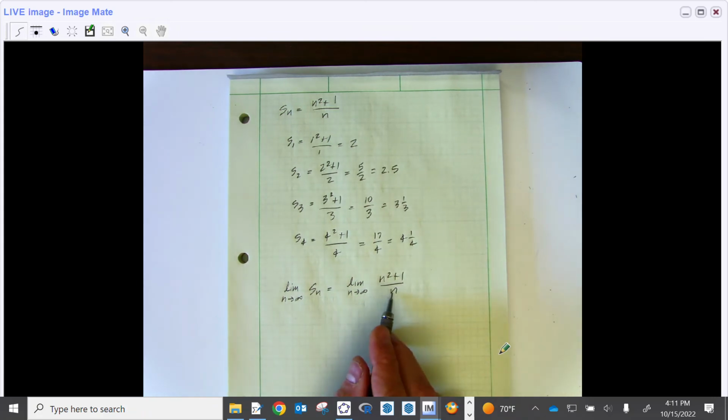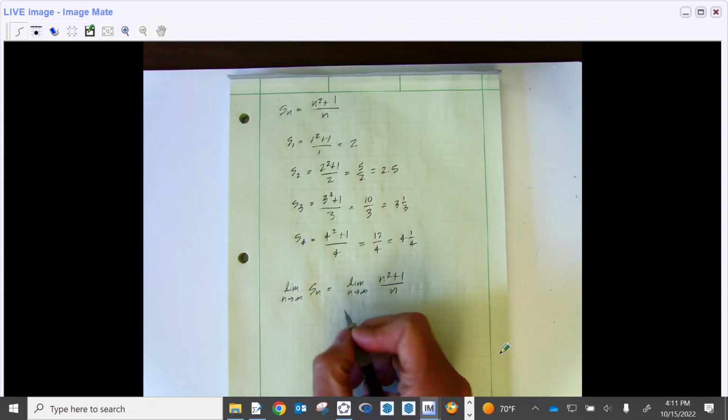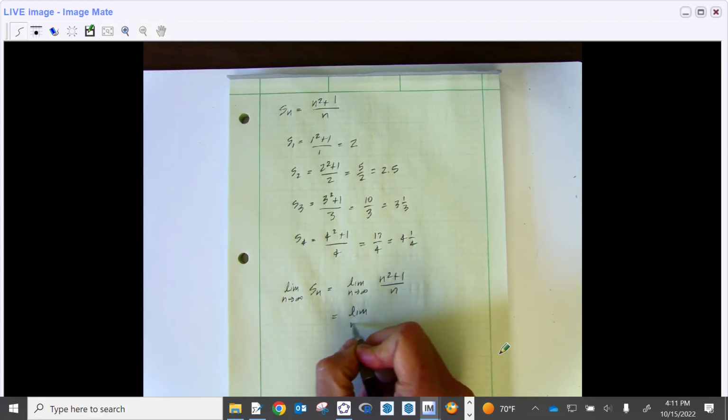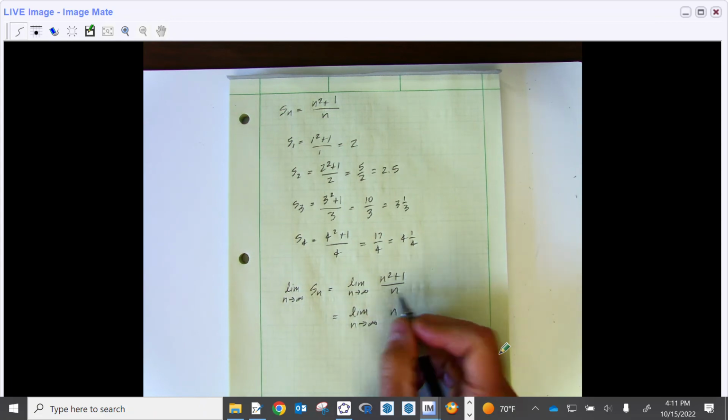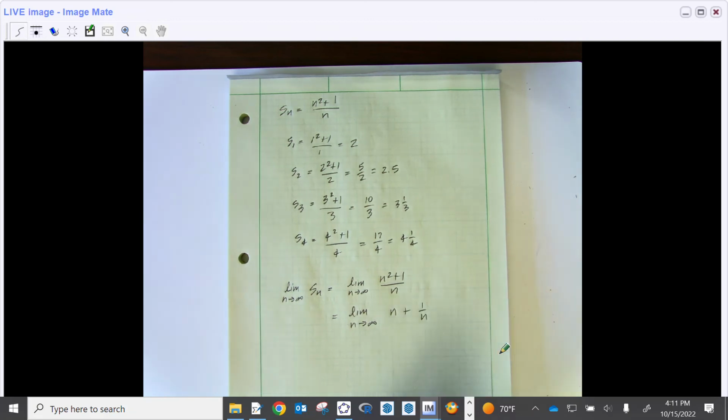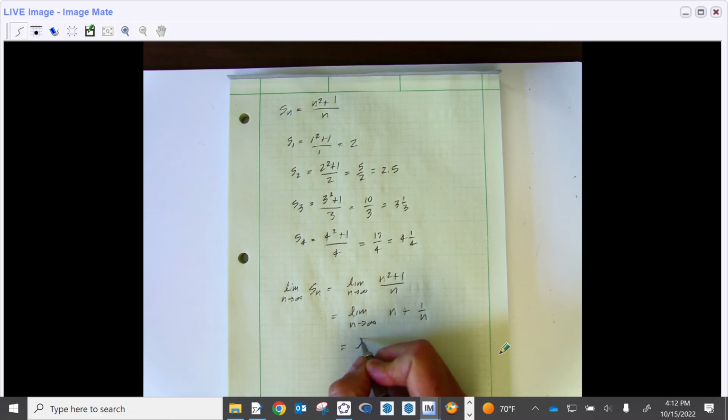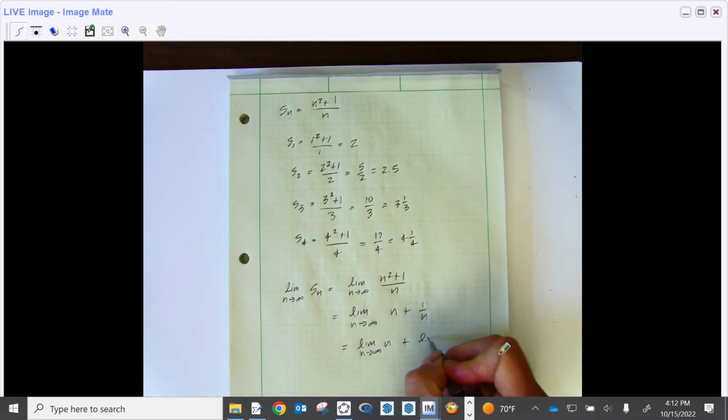we get this fraction that we could split up, so we could call it the limit as n goes to infinity of n squared over n, which is just n, and 1 divided by n, which is just 1 over n. And this is kind of interesting because, for this one, I would think this piece would be going to 0. But this piece, we can easily see that when we apply the limit to n and we apply the limit to 1 over n,